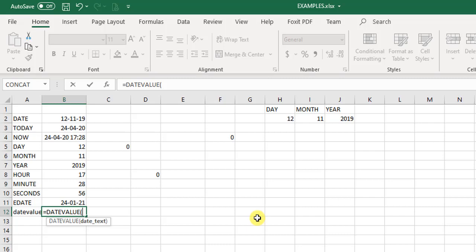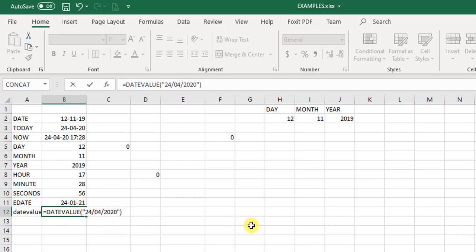What do you mean by that? For example, I can put in a text date in inverted commas. I can say if today is 24 April 2020, like this. So I am asking Excel with the help of this date value function to convert this text into a date. Okay, I hope you got it.